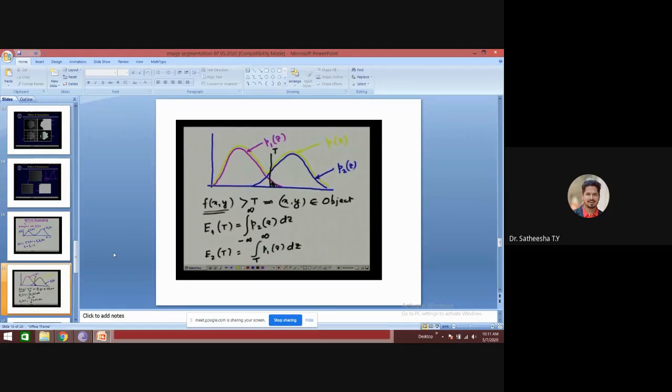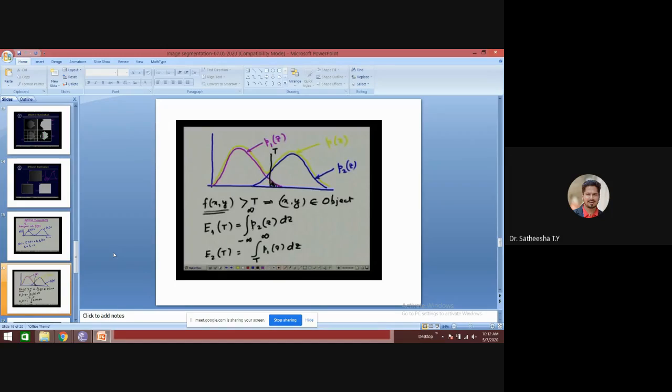So while taking this decision, we are incorporating some error. The error is the area given by this probability curve for the region of intensity value greater than T, that is, a background point may be classified as an object point. So the error that you encounter in this particular case is given by, say, E1 of T, because this error is threshold T dependent.